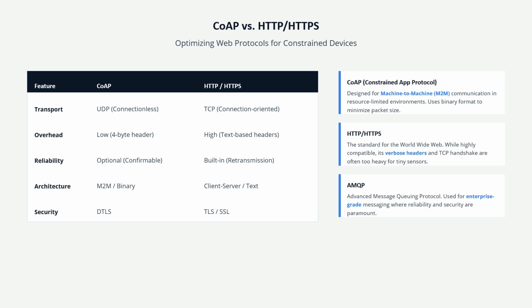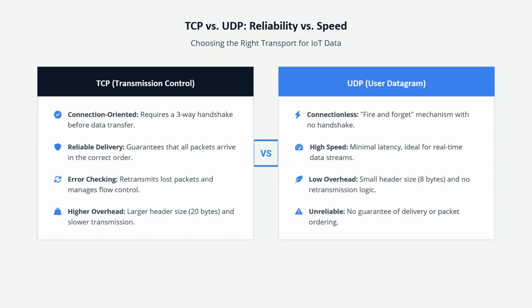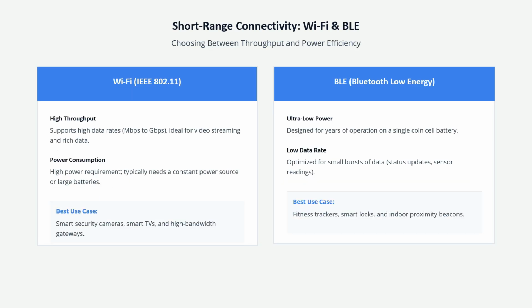This brings us to the core transport protocols, TCP and UDP. TCP is reliable. It ensures every packet reaches the destination in order. But this reliability comes with extra overhead and slower speed. UDP is fast. It sends data without checking delivery. There is no handshake and no retransmission. So the decision is simple. If reliability is critical, choose TCP. If speed and low latency are important, choose UDP.